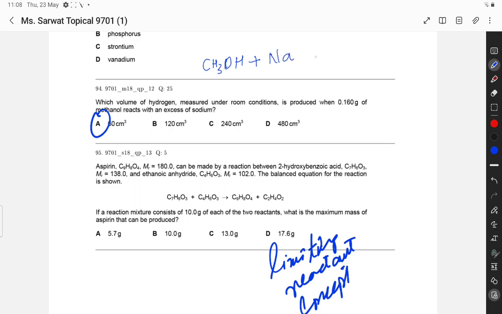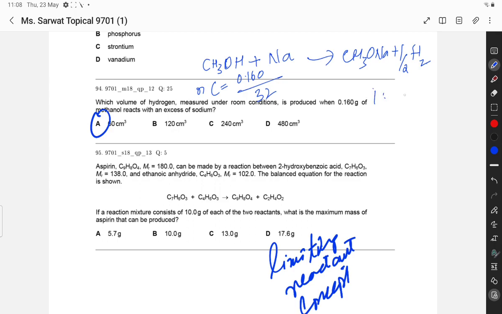So this is CH3ONa plus half H2. So this is 0.160 gram. By using this formula, mass over Mr, 0.160 divided by 12 plus 4 plus 16, which is equal to 32. 0.160 divided by 32 is equal to,